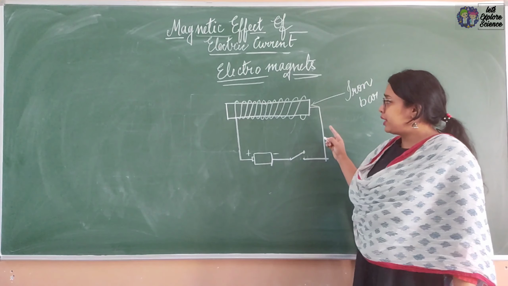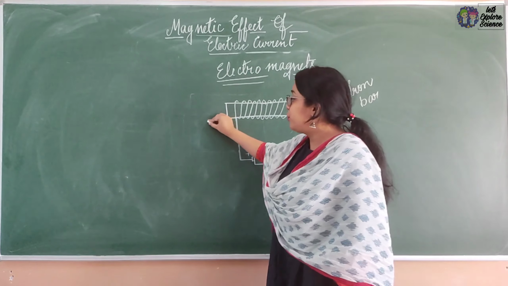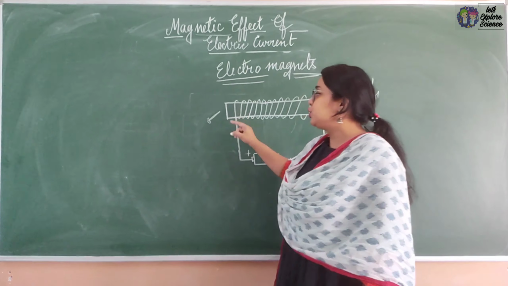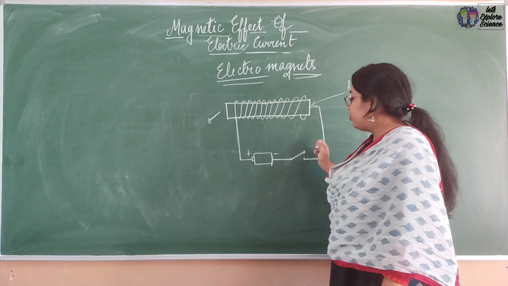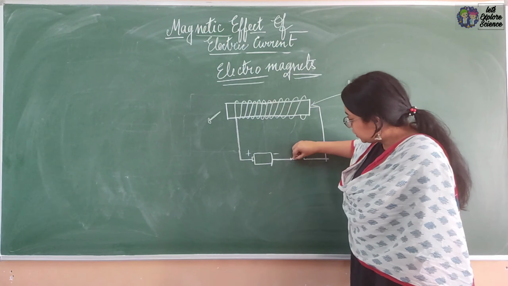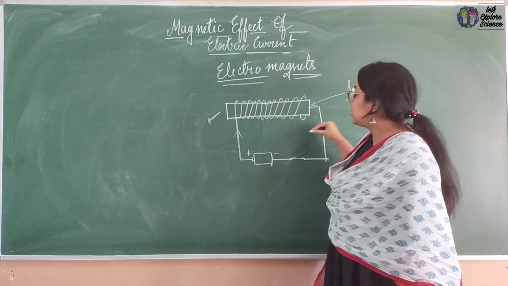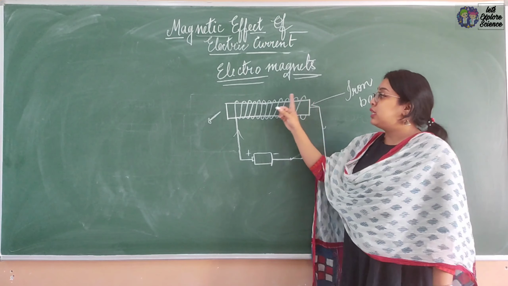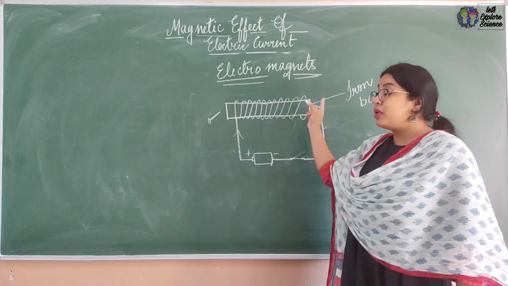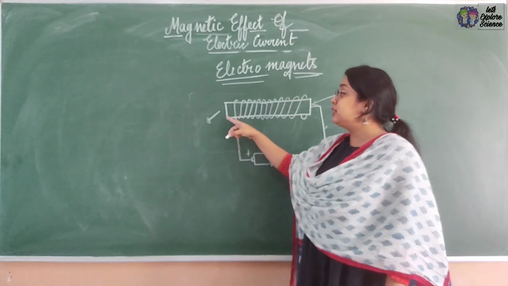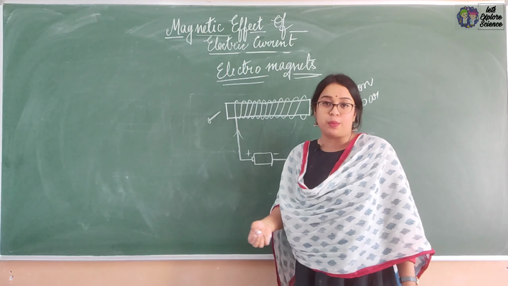It's a very simple device. Now, as the switch is off, if you bring an iron nail near to it, will it attract? No. Now what we will do, we will switch it on. The moment we switch it on, the electricity will start flowing through the circuit, and this iron bar will work as an electromagnet. The moment it works as an electromagnet, it will attract the iron pins or any object made up of iron.